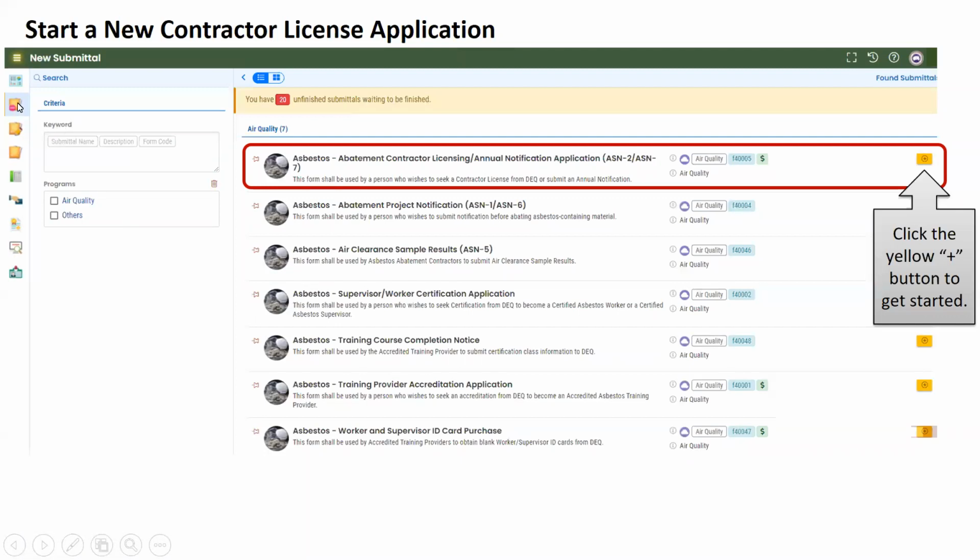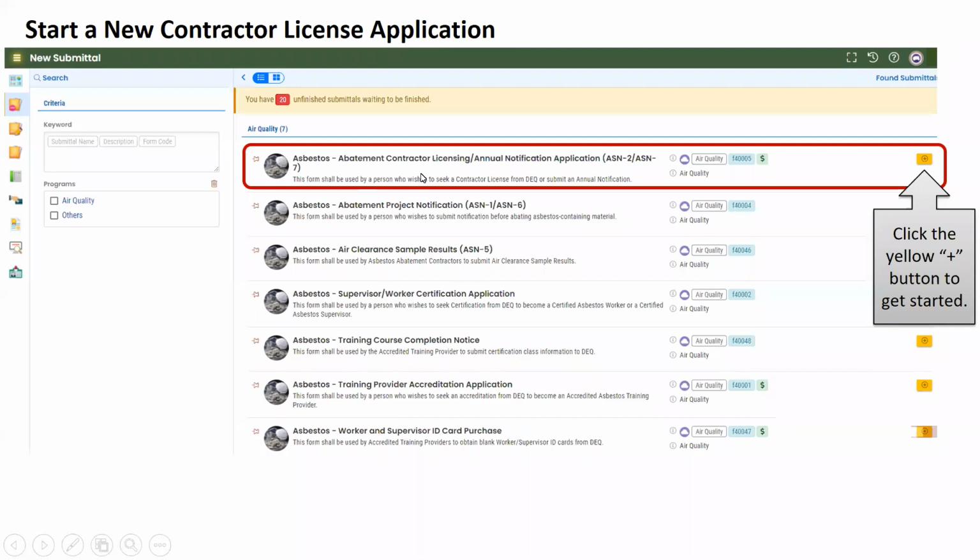If you decide to click on the folder that says new submittal first, it'll take you to this page, and this is where all of the amazing things are happening. You'll not only see things that pertain to abatement contractors, but also things that pertain to the training providers. We've also incorporated into this system some reporting and card requests and their application process to be able to get the accredited trainers up and running as well.